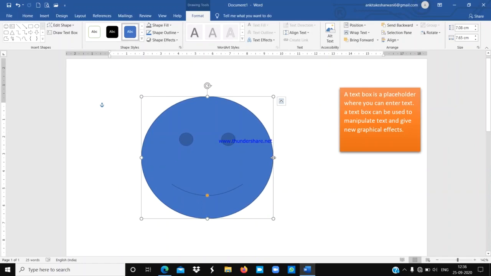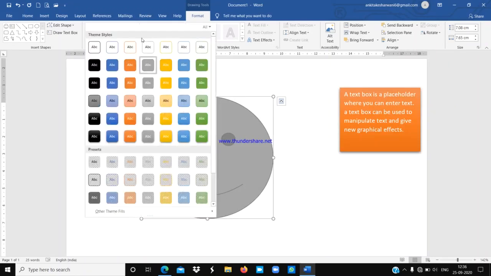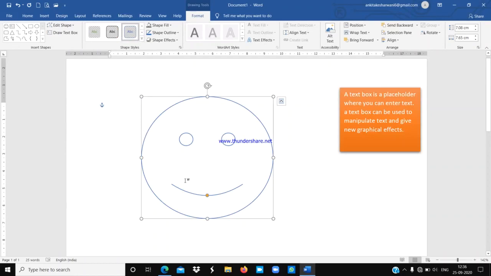You can observe the Format tab is already activated now, and from here you can change the styles of the shapes and the appearance of the text. So now I am using this one, a smiley with a blue line border. You can also make changes using this middle one, from smiley to sad. Like that you can make any changes in your shapes if it is available.